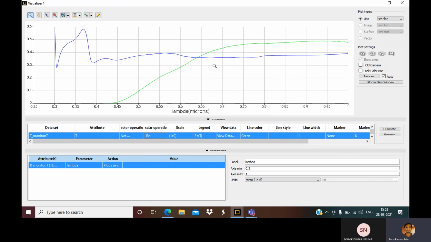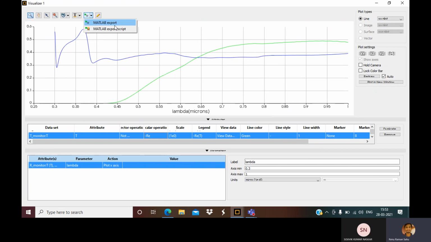So we got the reflection and transmission curve, and this is what you need to show for some structure. If you want to store it, you can export it as a PNG image, or export the data as a text file, and if you want to process it with Python or some other program like MATLAB, you can do it.